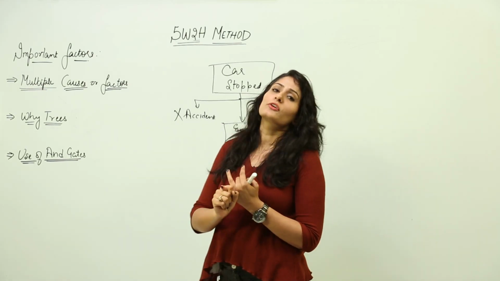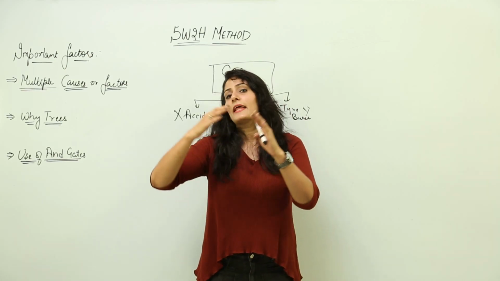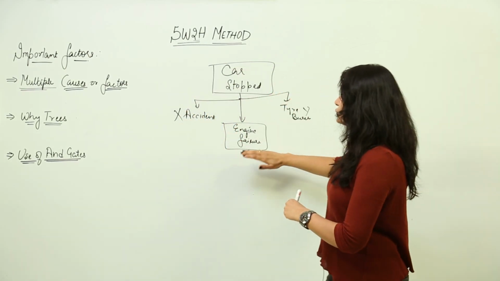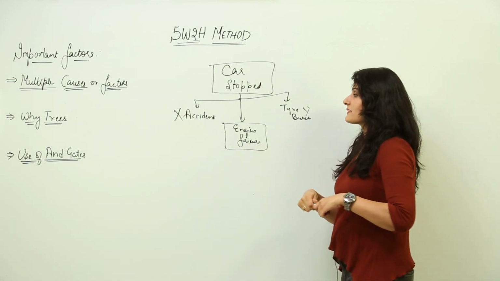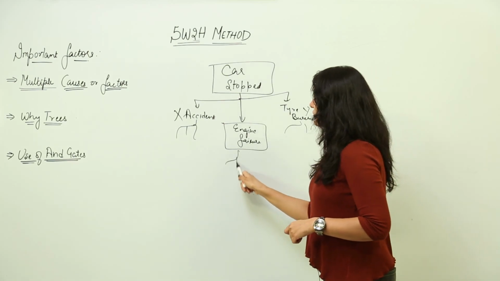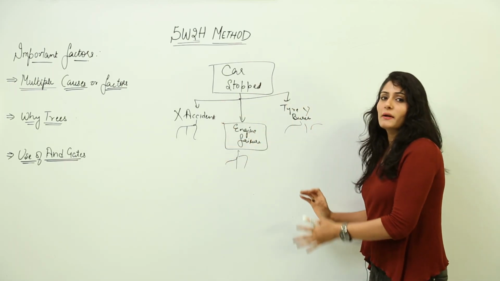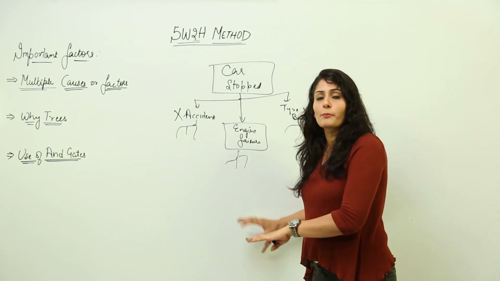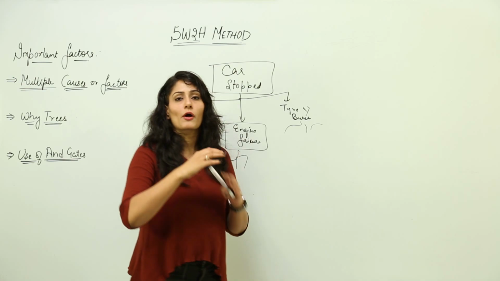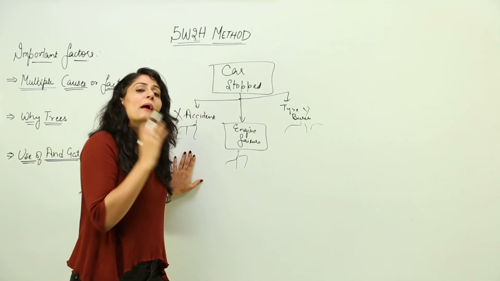So first thing I would like to tell you is that consider each event as independent and then branch out, but only branch out those options for which you are sure that this might have happened, because in case I just branch out an accident happened or a tire burst and an engine failure, I would get a big Y tree, but I won't know what I have to do with it. So basically it would be a chaos. So only branch out for an option for which you are sure or which is backed by proof.